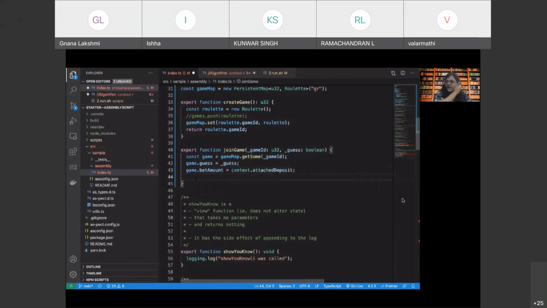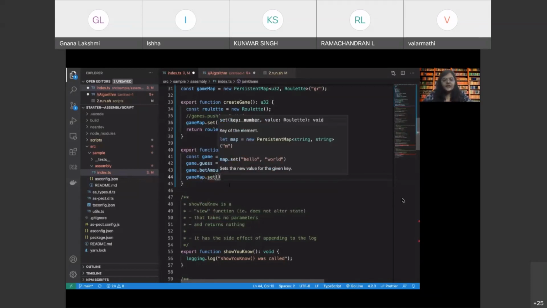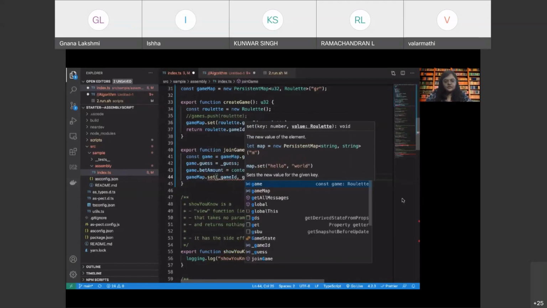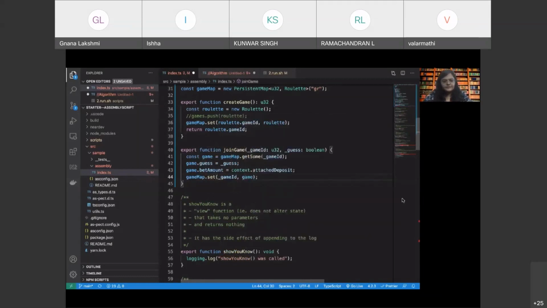Now that we have this, we need to again set the game in the game map, right? We need to update this. So what we are going to do is we are going to say set, and we are going to use the game ID key, comma, the updated game, right?